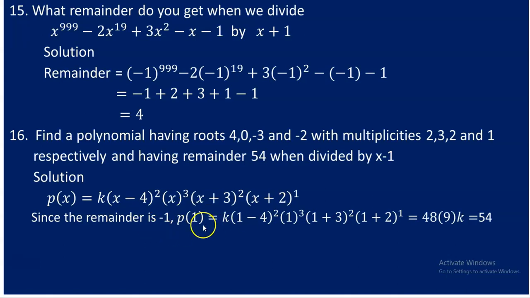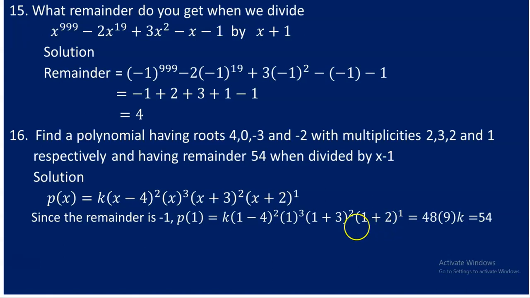So when we put 1 in place of x, what's going to happen is (1 minus 4) whole squared, as you see it is here, 1 cubed, and (1 plus 3) whole squared, and (1 plus 2) to the power of 1. 1 minus 4 is basically minus 3 squared, 9 can come, and here 1 plus 3 is 4, 4 squared is 16,